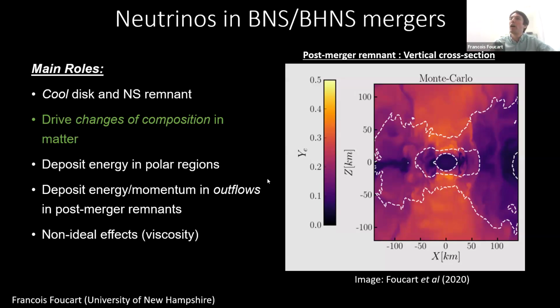Neutrinos being absorbed both close to the surface of the neutron star and in the lower density regions at the edge of the disk also help drive winds. Also, for strong magnetic fields, we expect magnetically driven winds to be generally stronger. And finally,